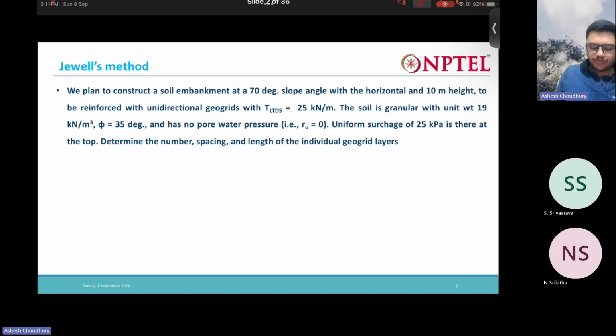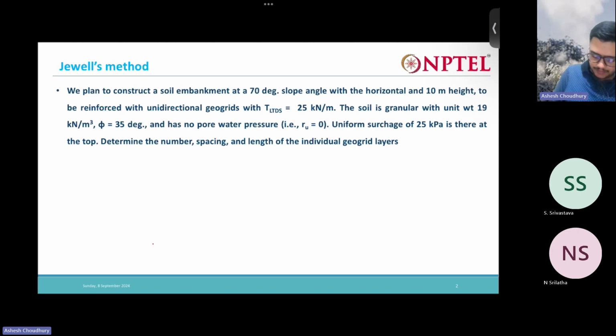First, we will be determining the equivalent height. So what is equivalent height? The height is given, right? Height is 10 meter, but there is a surcharge. If we want to replace the surcharge with some height of the embankment, we can do that. So we can have an equivalent height that will include the effect of the surcharge. So how do you do that? First let us find out the